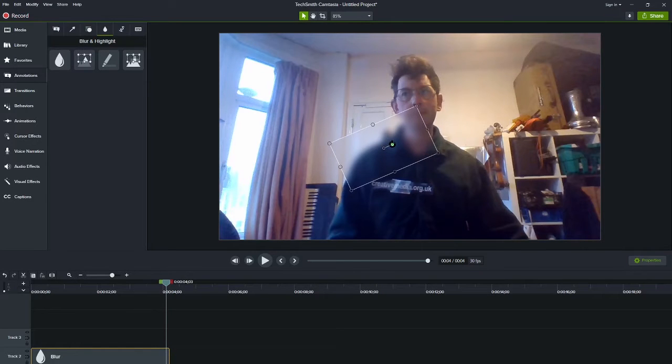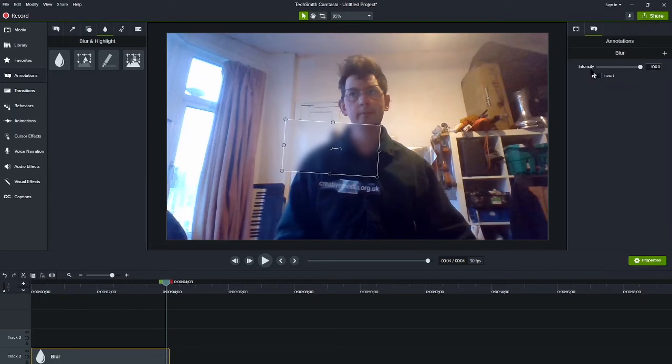Quick tip: when you're rotating, click on that green thing, click and drag the mouse out to the side, and then you can rotate it a lot more accurately. You've also got the properties on the right, visual properties, and you can control the rotate, the scale, the opacity, everything with numbers here as well, which might be an easy way to do it.